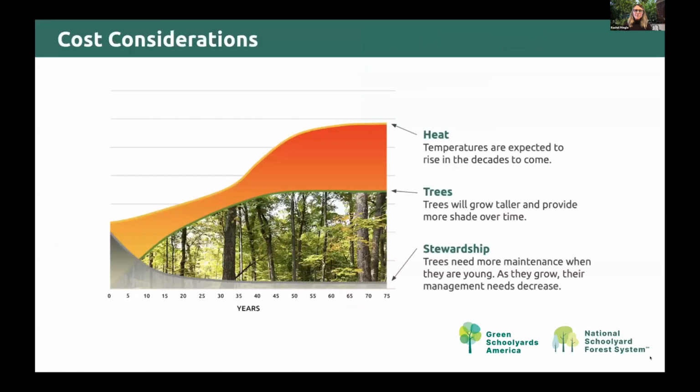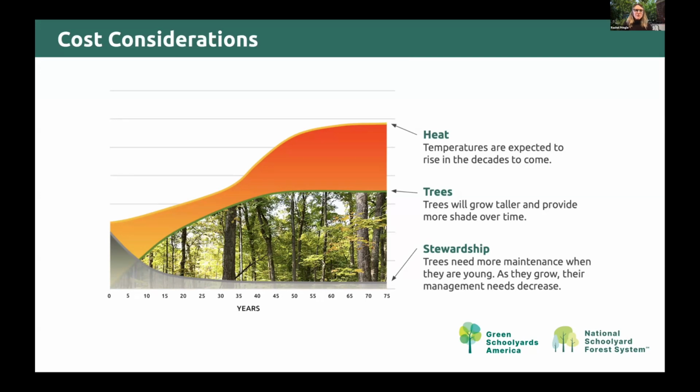Next. And so quickly, I want to take just a moment to talk about costs. And this could take an entire webinar in itself. But the point here is that costs really need to be planned for, just like everything else. The big message here is that the ongoing stewardship of schoolyard forests needs to be planned for, and costs are